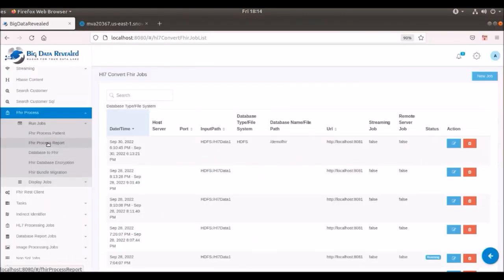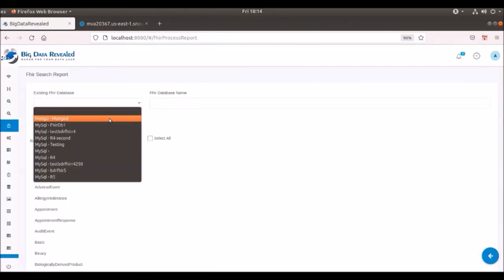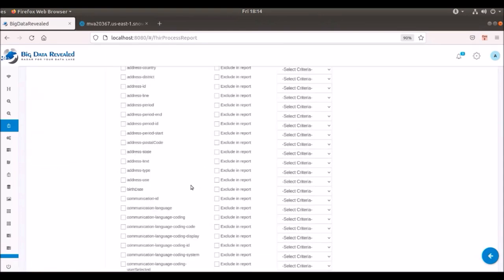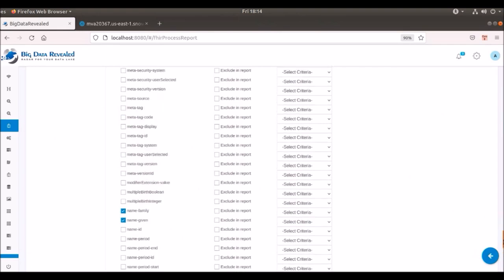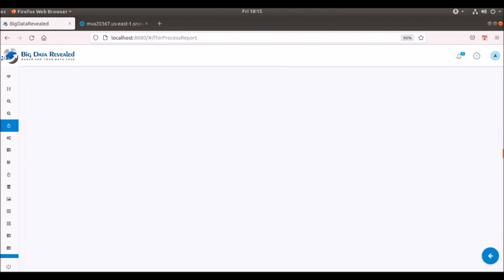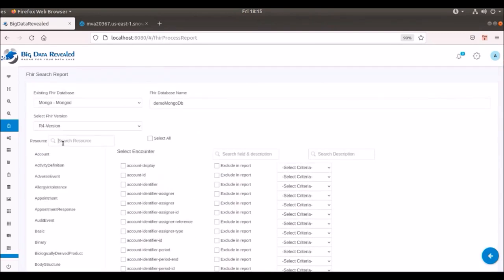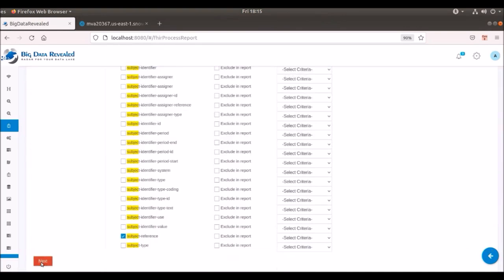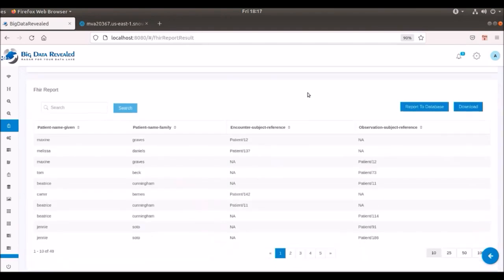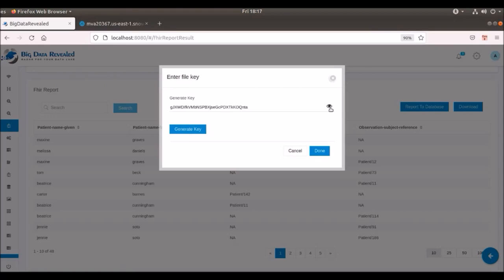Now we are showing the only reporting capability from a FHIR server using Spark Java Hibernate technology to enable the creation of and meeting of the 21st Century Cures Act and general interoperability. The user simply searches through the 150 resources and nearly 40,000 column values and selects the data they desire to see or work with. After the report is created, BDR-Comply allows secured and encrypted downloads to the patient's devices or other authorized personnel's devices. And later we will show that BDR-Comply can migrate these results to data warehouses and other